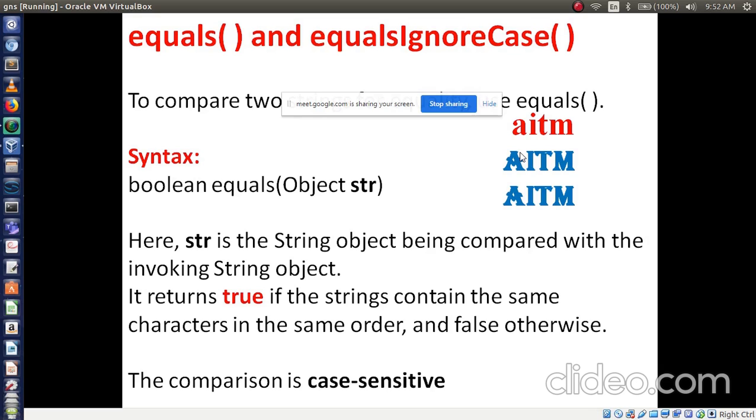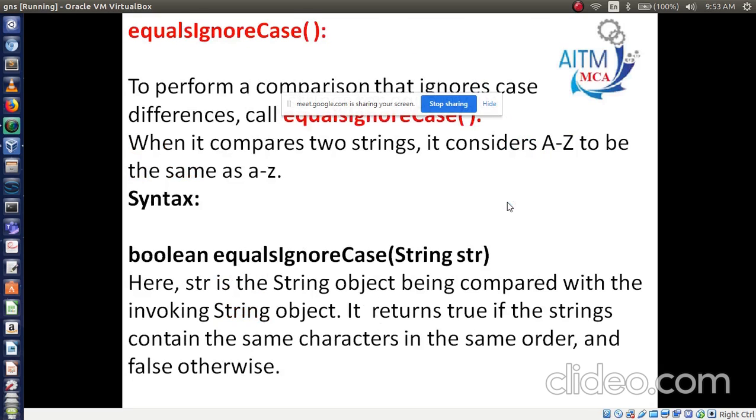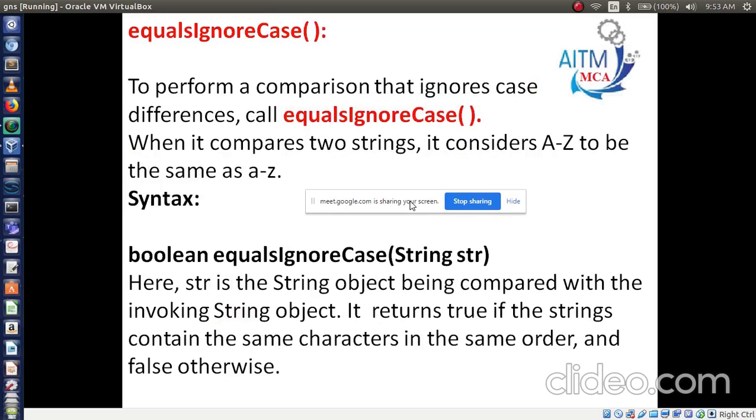Okay, now let's see examples. One more point, that is another method, equals ignore case. Why do we have to use this method, equals ignore case? We have seen the equals method in the previous slide, but here we are using equals ignore case.